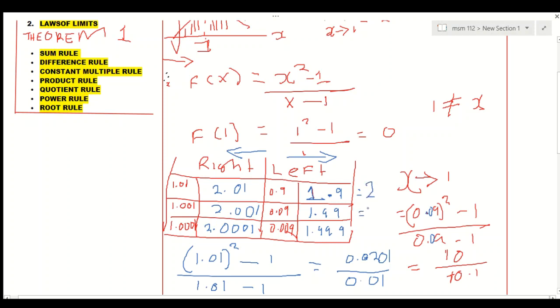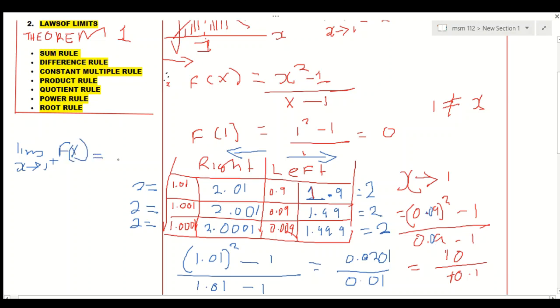and this is also equal to 2, this is also equal to 2, and when you round off this to the nearest number, find that this is also equal to what? 2, and this is also equal to 2. No wonder the limit as x approaches 1 from the right hand side of the function